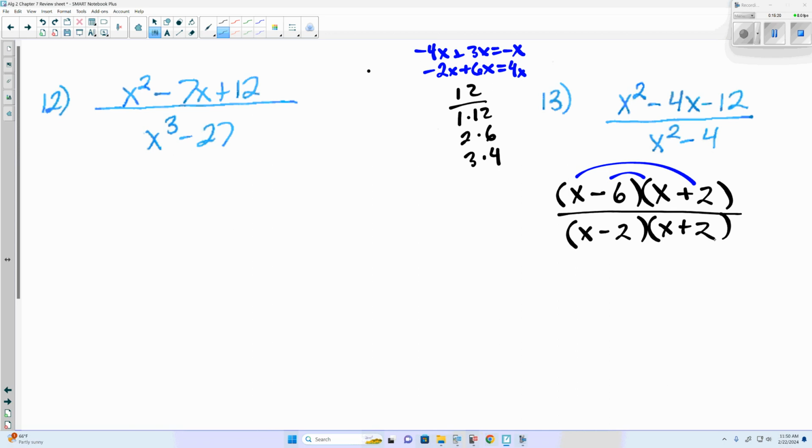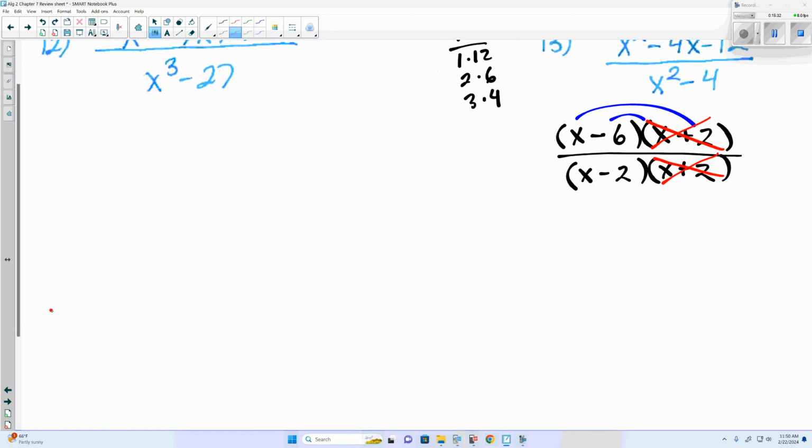Question on how we factored any of this here? Well, now we do have something in common on top and bottom, yes? x plus 2 and x plus 2. Those would simplify out, leaving us with x minus 6 over